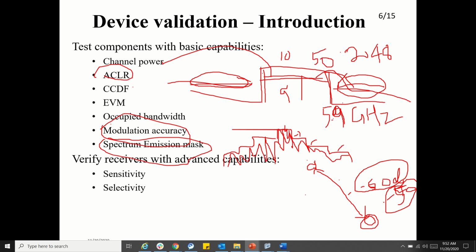I think minus 70 dB. So it should be minus 70 dB, because the noise floor, it is able to distinguish the signal. So it should be highly sensitive, and then the sensitivity of the signal, for example, sometimes